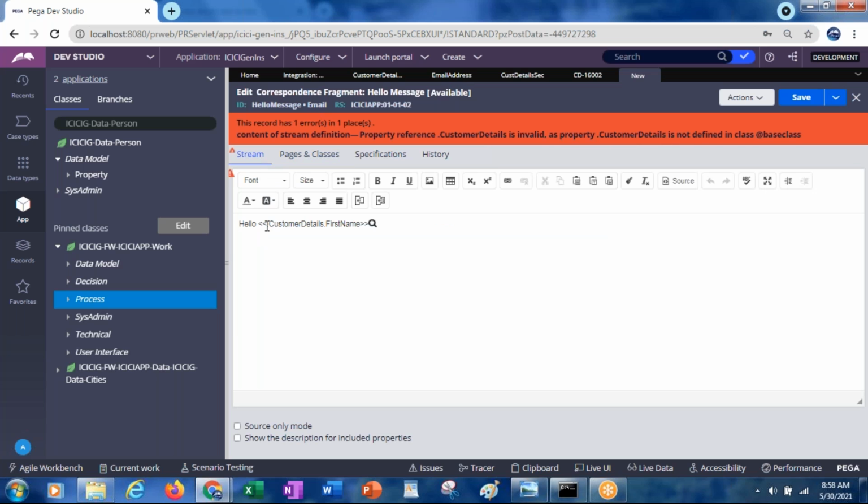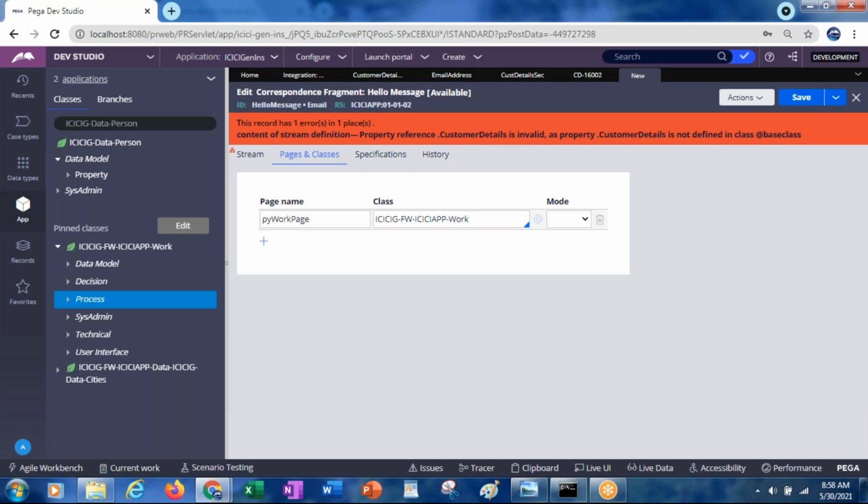What is that mode, sir, at the last one? The pairs and classes? This prompt indicates if you want to return the values, then we can select this prompt. Prompt means, for example, if you are calling one activity from another activity, activity 1 to activity 2, and you want to pass the complete page to activity 2, then we can go for the prompt.